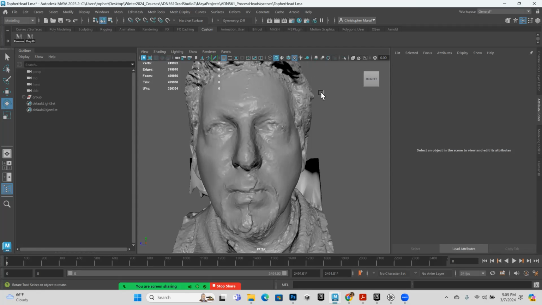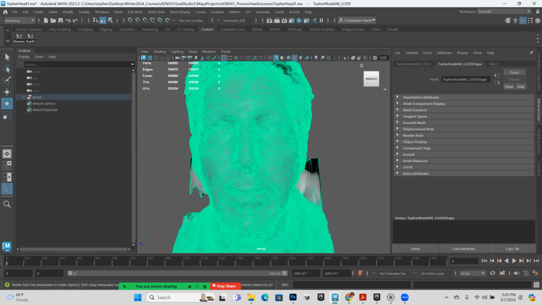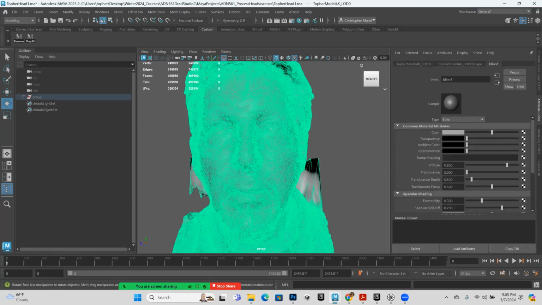So I'd have to reassign the texture map in the attribute editor for this model. So I'd have to choose the blend. And right now it has no texture. So if I want that texture, I'd have to go here,